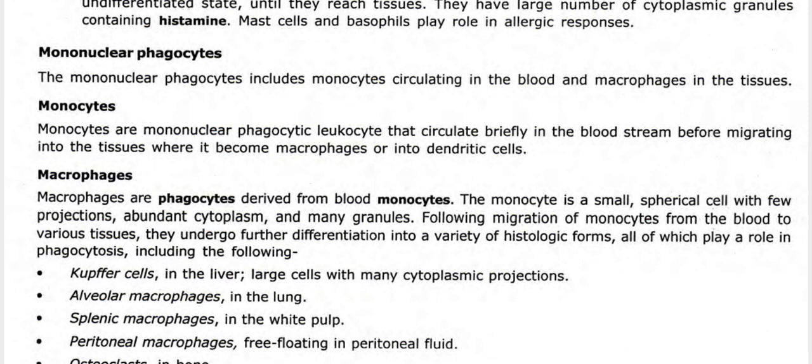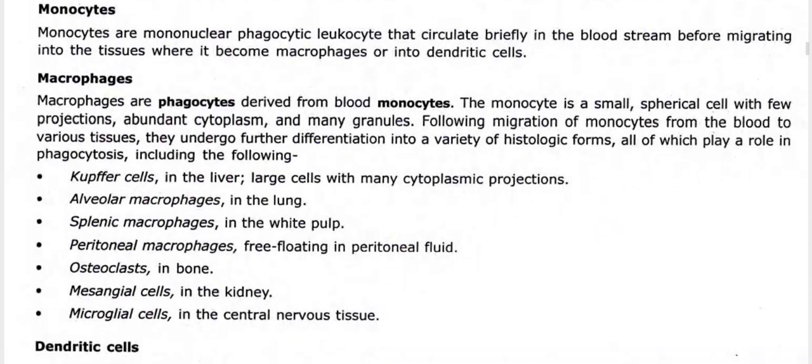Monocytes are mononuclear phagocytic leukocytes that circulate briefly in the bloodstream before migrating into the tissue, where they become macrophages or dendritic cells. So macrophages are phagocytes derived from blood monocytes. The monocyte is a small spherical cell with few projections, abundant cytoplasm, and many granules. Following migration of monocytes from the blood into various tissues, they undergo further differentiation into a variety of histologic forms, all of which play a role in phagocytosis, including the following: